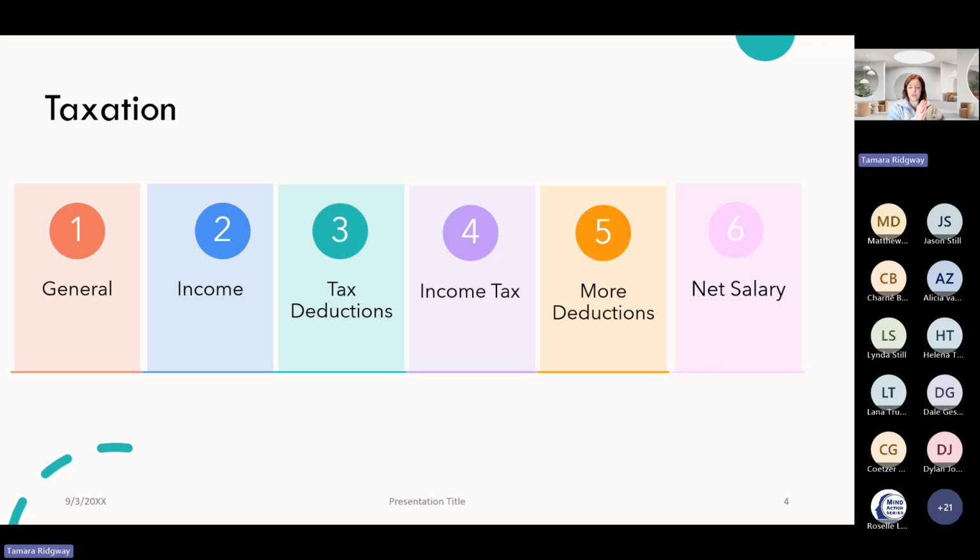Then I talk specifically, and this is how I've designed this PowerPoint for you today, specifically around just income, then just tax deductions, then income tax, then more deductions, and then net salary. So those are the areas that I've taken everything and sort of put them into those sections where we talk